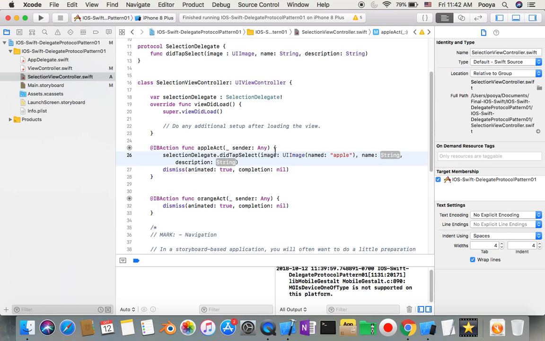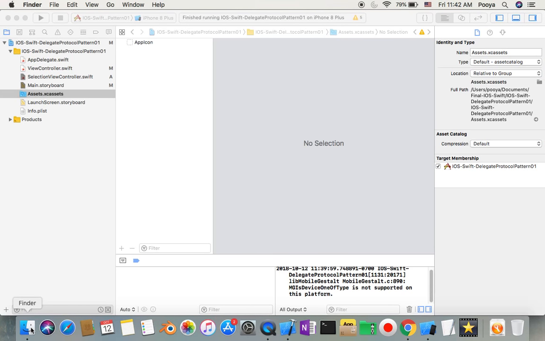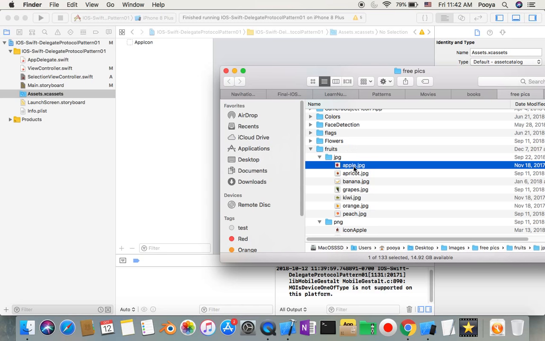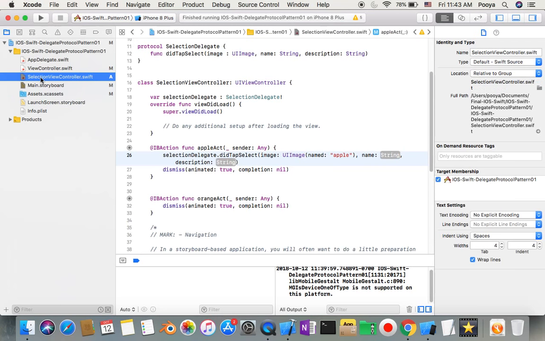But I need to have this apple available somewhere for my project. So I copy the apple and orange image files to my assets directory to be available. Okay, now for name I use apple, and for description